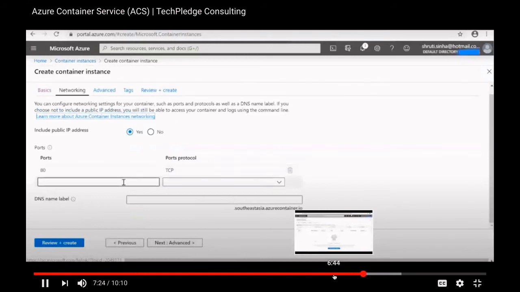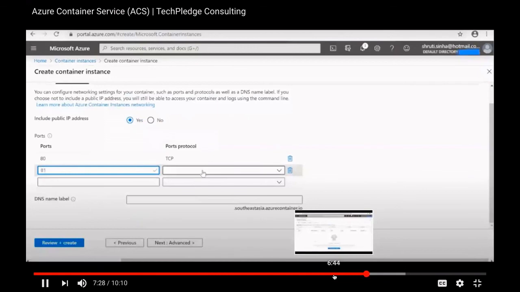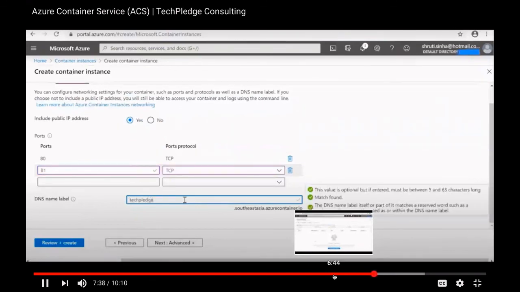I'm going to expose it on port 80, and I'm also typing a DNS name so that I can browse by the name also.